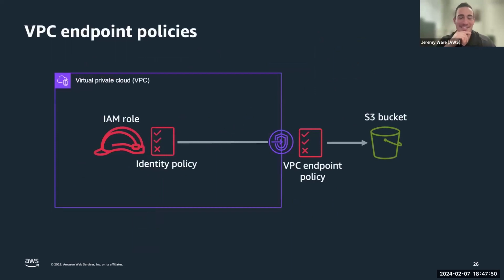VPC endpoint policies. So one thing that we've done very, very well for a long time is be dependent on network infrastructure in order to evaluate zones of trust. A VPC endpoint is exactly what it sounds like. Any egress or ingress into your VPC goes through the endpoint. You can apply endpoint policies so that you can state if a workload is reaching out or reaching in to the VPC to access resources, that it must adhere to this policy. VPC endpoint policies like S3 endpoint policies are leveraged a lot when accessing internal resources by workloads running in the VPC. Very, very common use case.